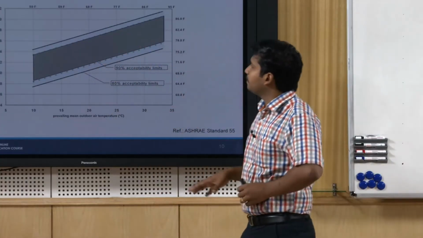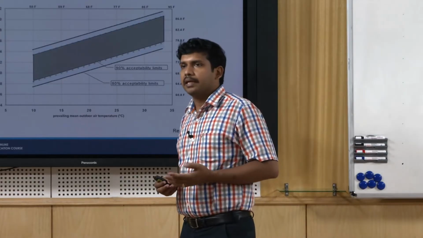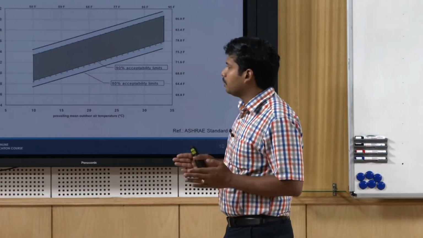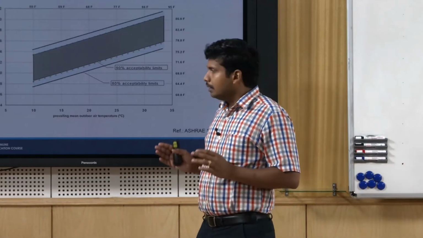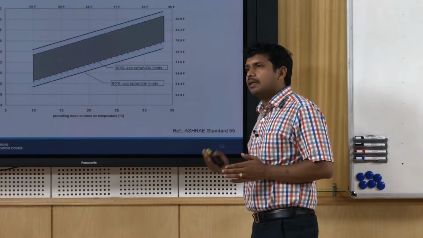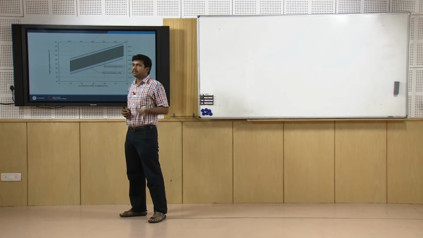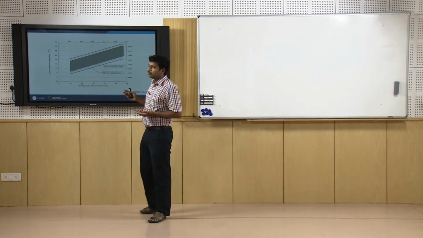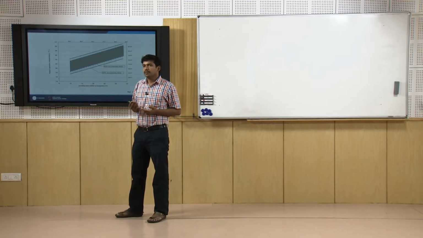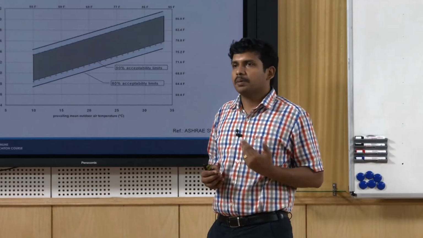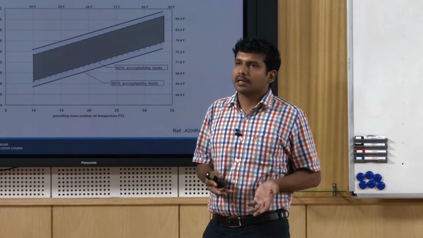This particular graph has been developed as a part of what is referred to as research project 884. This is one of the common or standard references. There is an interesting, exhaustive report available. This report sequentially analyzed different components of thermal comfort. It took into consideration numerous field studies which were conducted. We will talk more about the procedures for field studies, but these are studies where people are asked about thermal perception, with different groups of people performing actual activities rather than in a controlled laboratory setting.